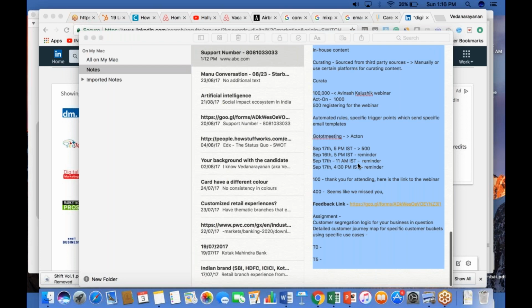The assignment for the previous session, please send it out to the course coordinator. She will send it out to me. I will evaluate the responses and come back to you guys with whatever feedback I have. Today's session, if there are any questions on the assignment, please reach out to your course coordinator. She will get in touch with me. If there are any questions you have now, you can ask me right now.